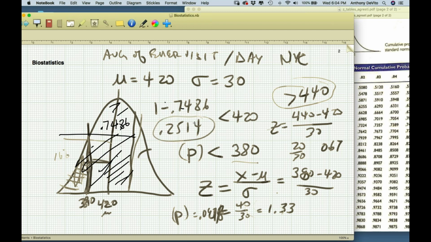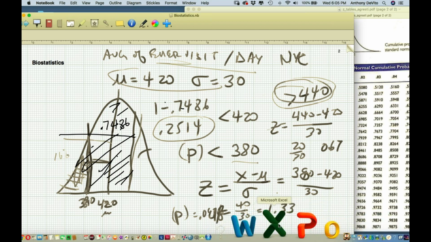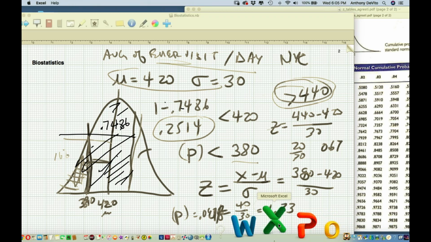It's about a 25% chance that you would pick a day where more than 440 people are admitted to visit the emergency room, if this was indeed a normally distributed population. I have no reason to think it really is, but I just needed to come up with some numbers. We could go through a lot of permutations of this, but that's how we would do this. If you wanted to, you could actually look up these values using Excel.